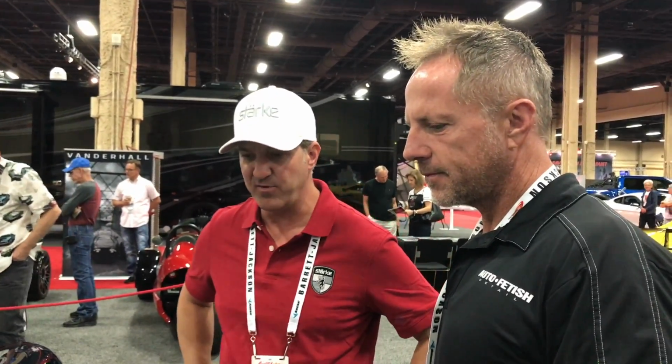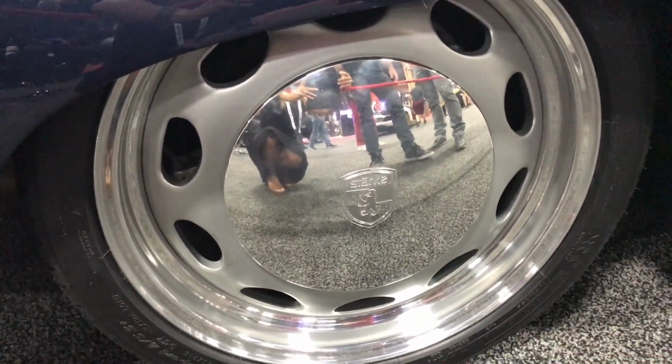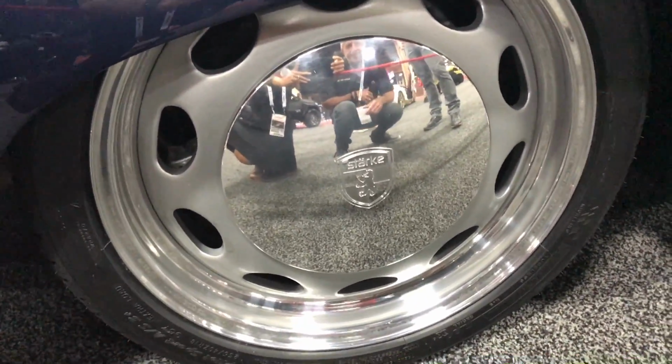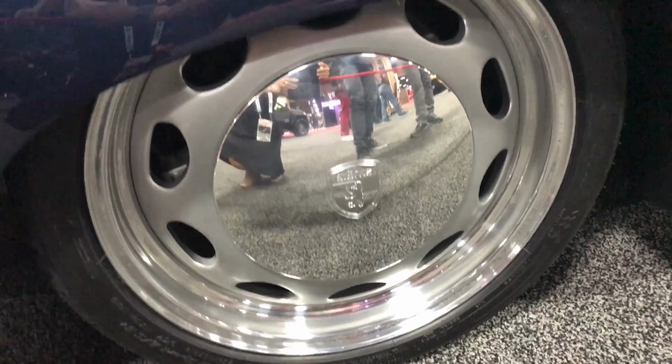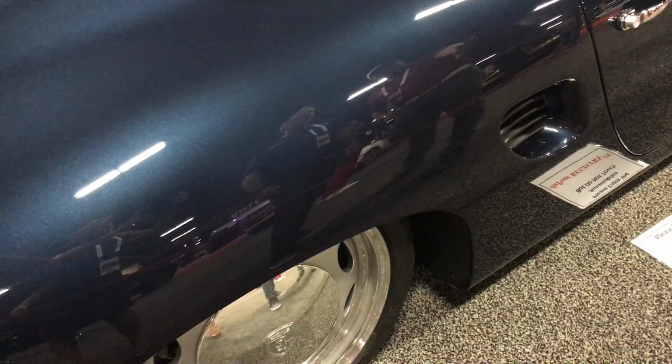Yep. Any color. We can do vintage colors from the 50s. We can do modern colors. This car right now is in a dark blue metallic, which is a factory color from Stuttgart. Okay. On this side, you see we have the polished baby moon hubcaps. These are all custom machined, with our logo. That's an 18-inch by 8-inch wheel. Okay. We've kept the air vents for the mid-engine car, but they're